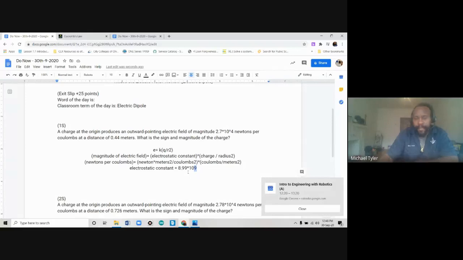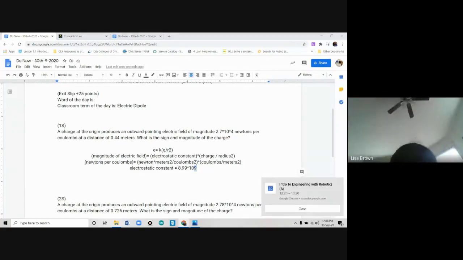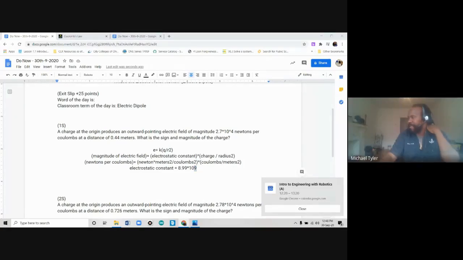You got this 10 to the power of 9, right? Now you got to edit this document the same way I would or Lisa would, because she copied it to chat, but I'm pretty sure Lisa has it set up already. In fact, Lisa, while I clean this document up, can you share how it looks on your screen? Lisa put it in the chat correctly, but they got to raise it, Lisa. They got to superscript it. So can you show them how it's supposed to look so they can type it up correctly?